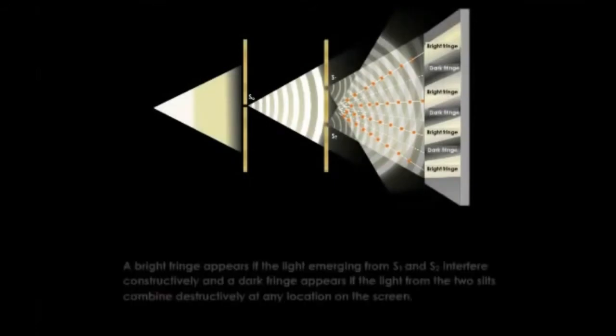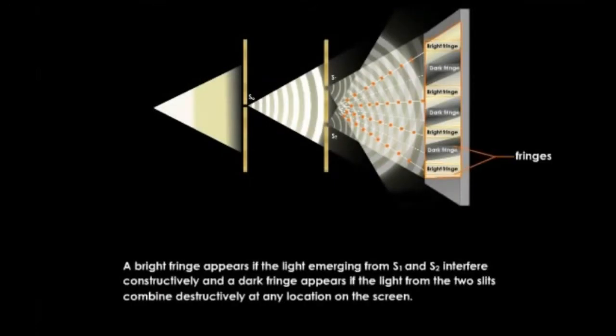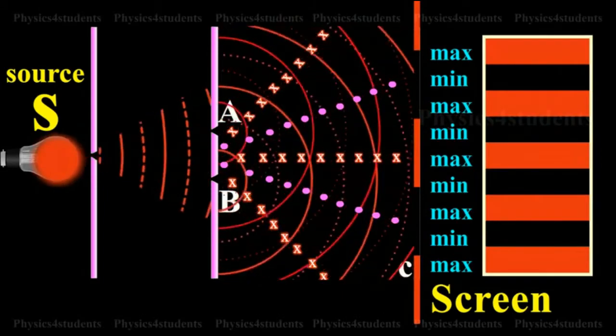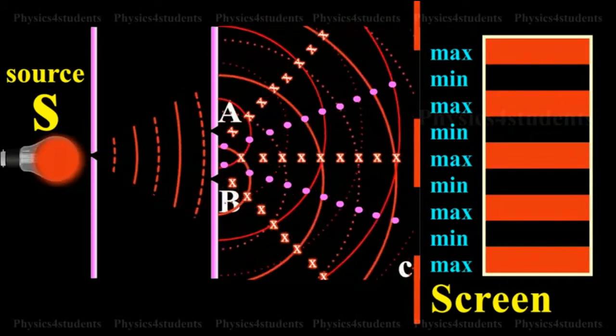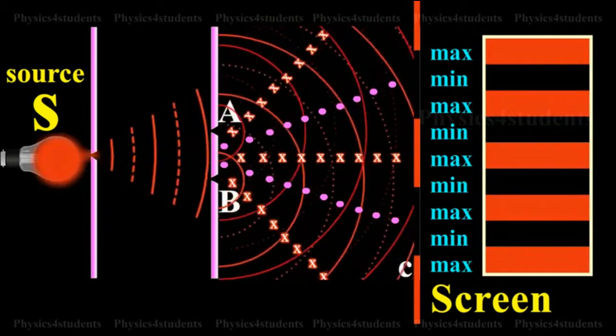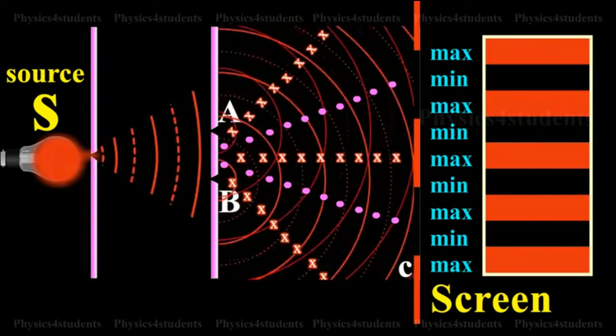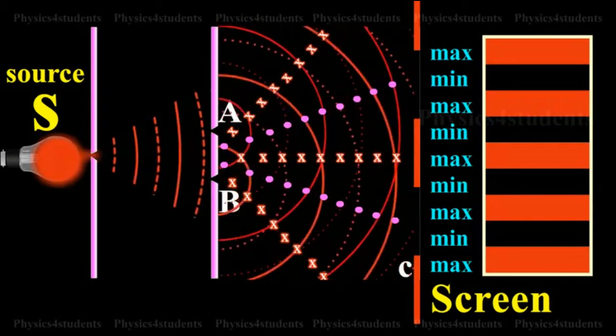A bright fringe appears if the light emerging from S1 and S2 interfere constructively, and a dark fringe appears if the light from the two slits combine destructively at any location on the screen. In this particular diagram, the points represented by crosses are the positions for maxima, where the crest of one wave